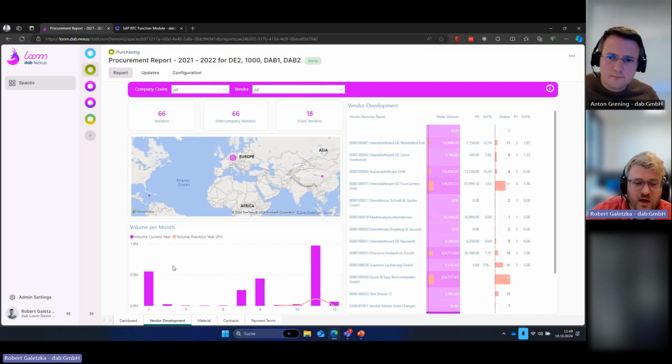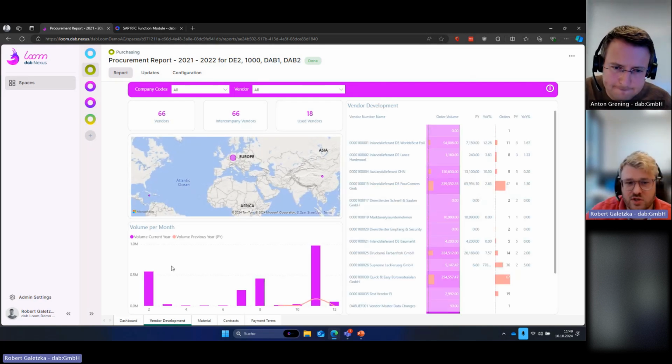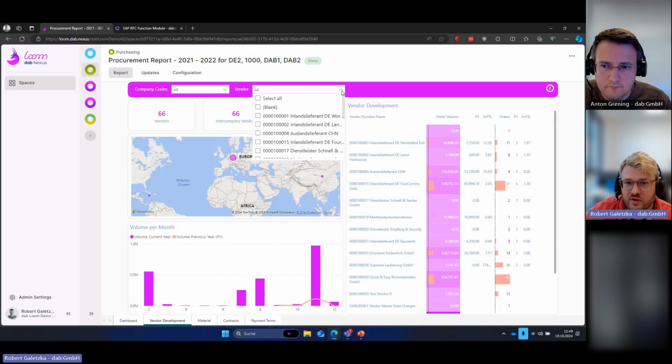So obviously in the dashboard, you saw some information already aggregated in the areas of procurement. And then we have some separated views on the report side in terms of vendor development. How was it changed to the prior year and year-over-year changes? What was the business with each individual vendor? And if you have more company codes selected or vendors, you can filter them here and then have a look